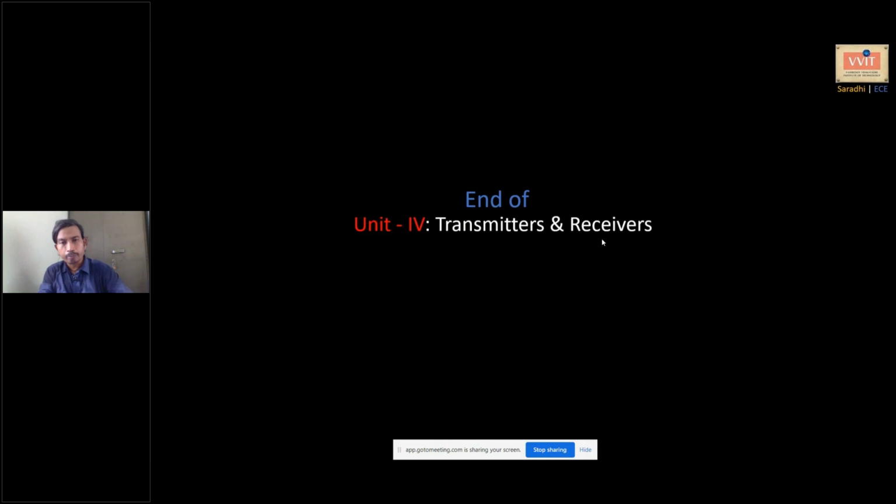Those Bessel functions, their properties, applying those properties and getting the simplified FM equation, those derivations you should practice and reproduce in the examinations. And then this FM generation and FM detection, these techniques, balanced modulator or balanced slope detector, Foster-Seeley circuits, these are also important in the third unit.